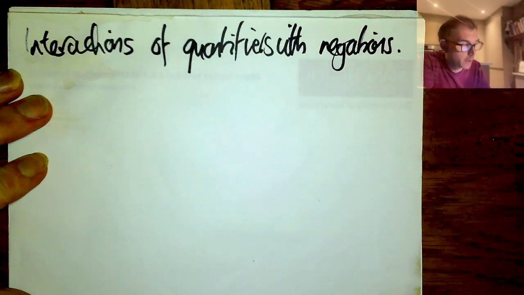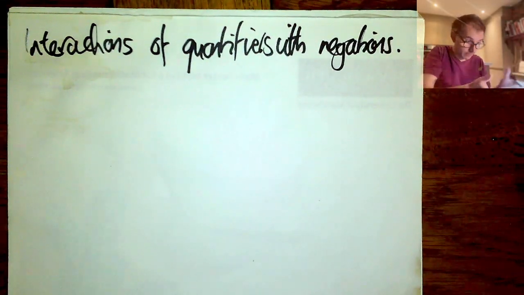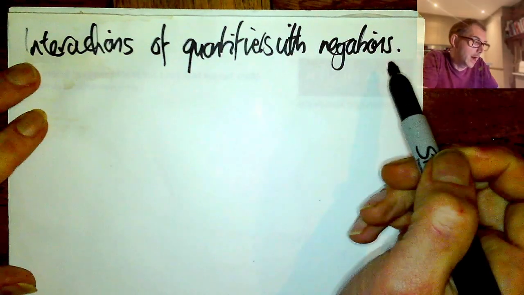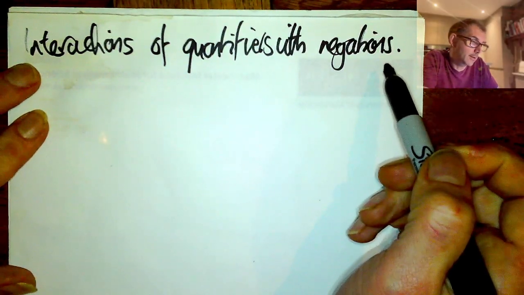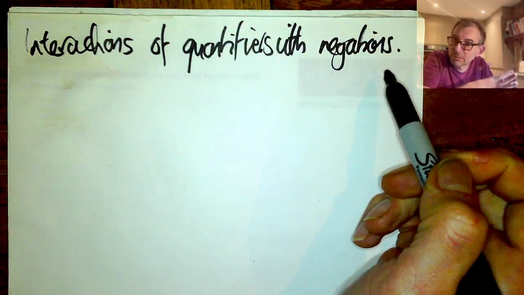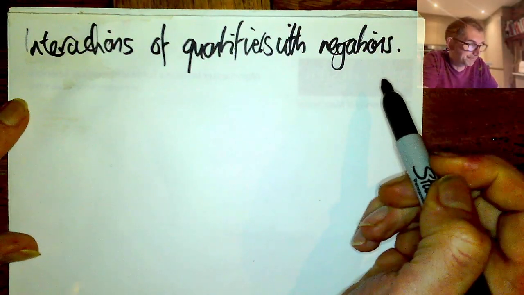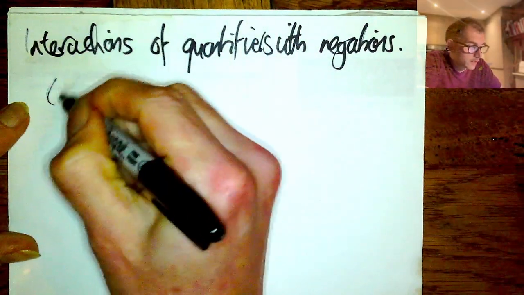So we're quantifying over some variable in some formula or some predicate, and sometimes we want to say it is not true, and then we want to be able to simplify the statement that we make. So consider